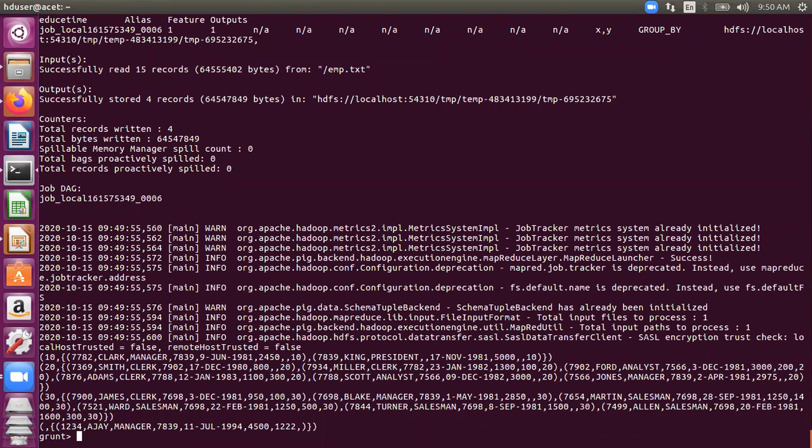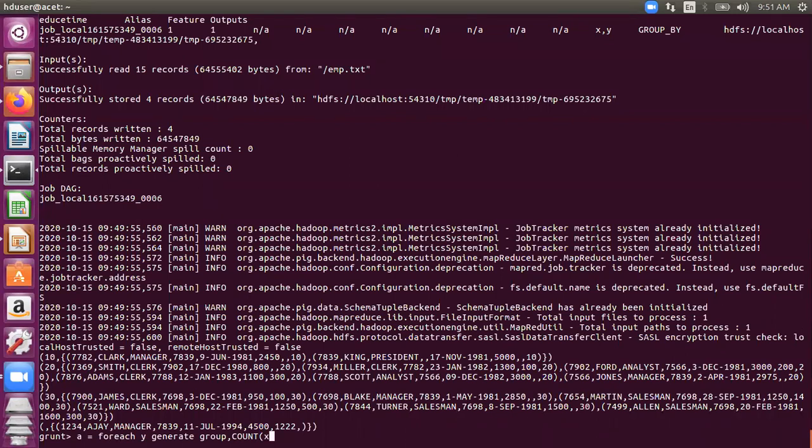So that's simple. I think we need to use the for each operator for it. Okay, we need to use the for each operator. So I'll use the for each operator on relation y. And what will I generate? First, if I need to generate the department number, so that value I told you is referred to as, the name of the field is group. And the second one would come as an aggregate function. So you can write here count, and then you can write here the name of the relation.